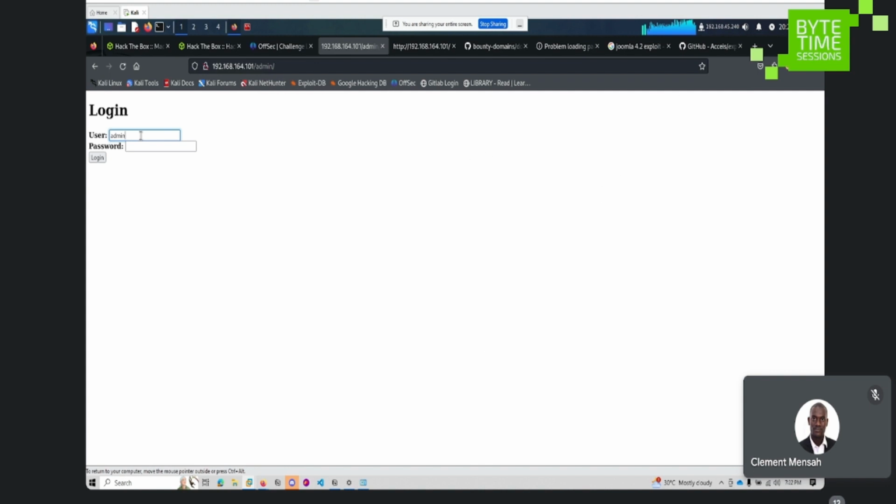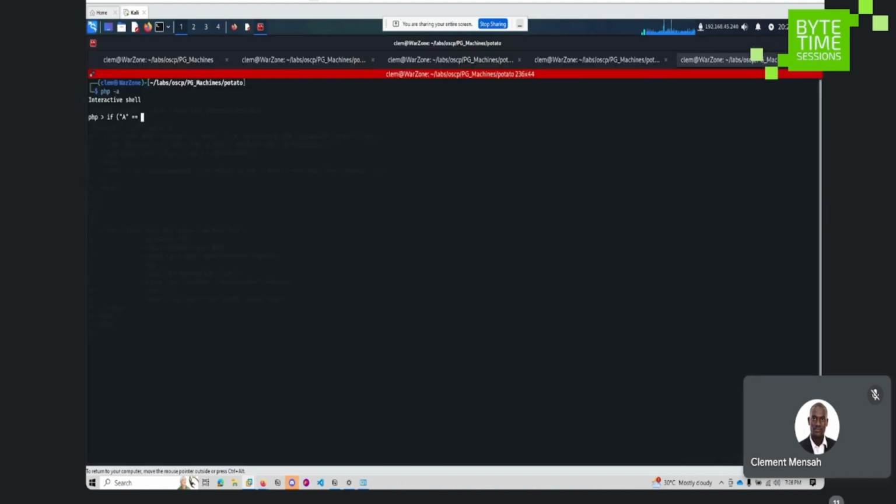Let's assume we have a string, if A equals A, so this is what we call the loose comparison, and echo success if this is actually true. So when we terminate this,